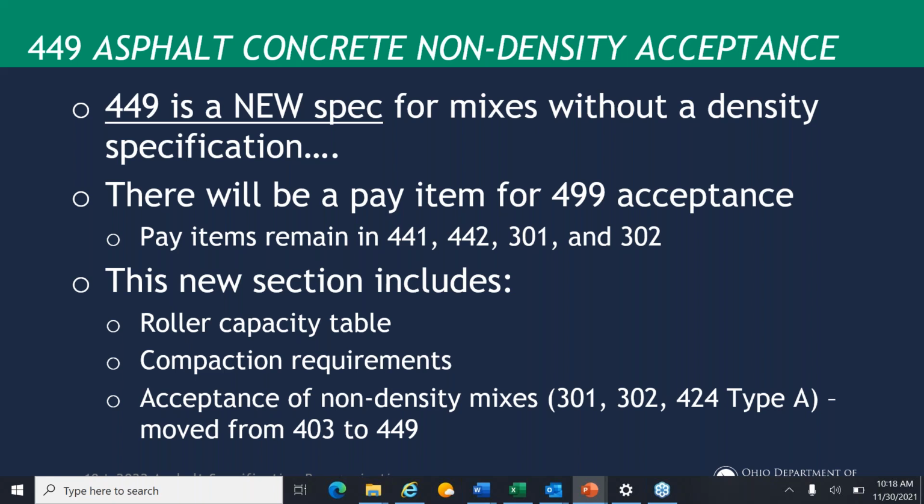So for example, the pay code for 301 asphalt concrete base will now be 301 asphalt concrete base, and in parentheses 449. That will be our acceptance method. So in addition to the roller coverage information that was brought into the new 449, this section also includes laboratory acceptance requirements from 403, which is our quality control section.